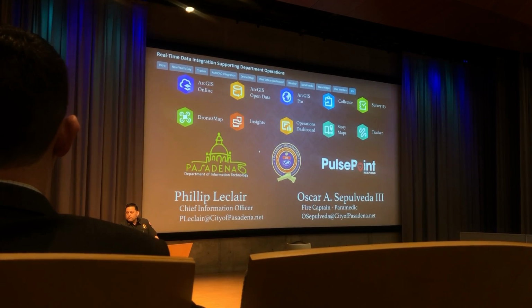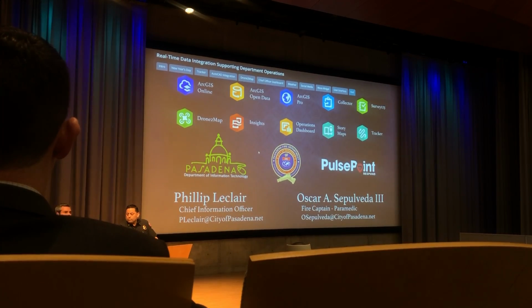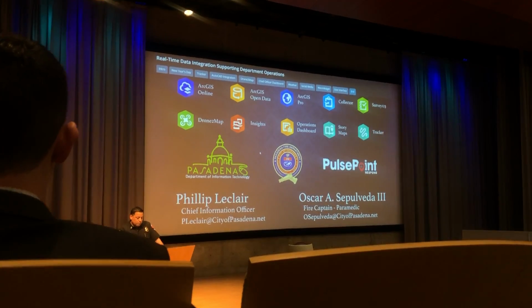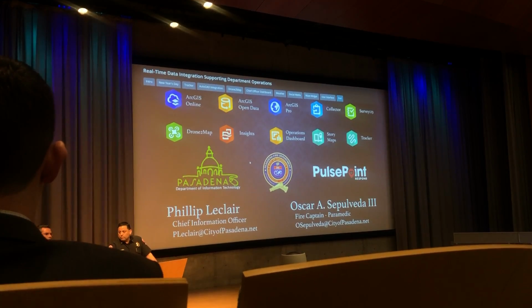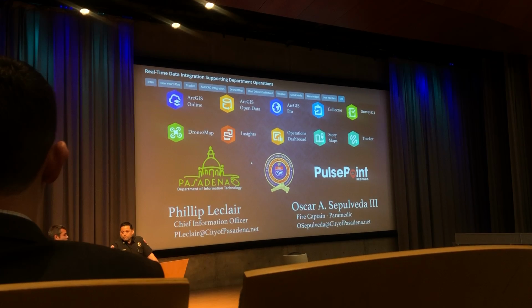All of these tools were actually created by Oscar with some support from our GIS team, as well as a little bit from ESRI. But as he said, he's not a programmer, and he was able to point and click and work on these different visualization tools that made the most sense to their department. So it's really delivering a lot of tools and services directly to the people who are actually going to be using them. And one other last question I want to ask